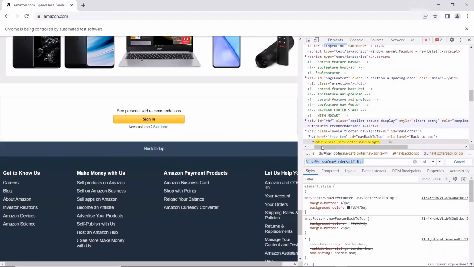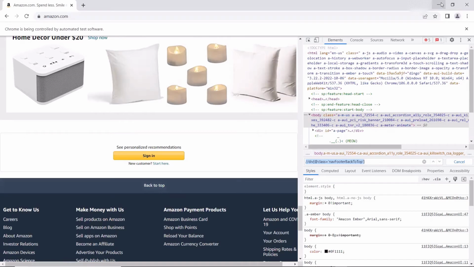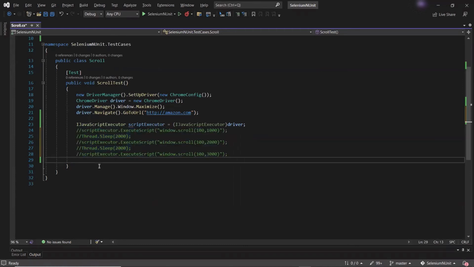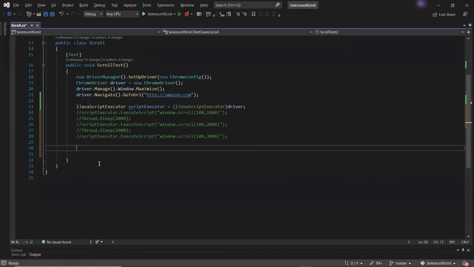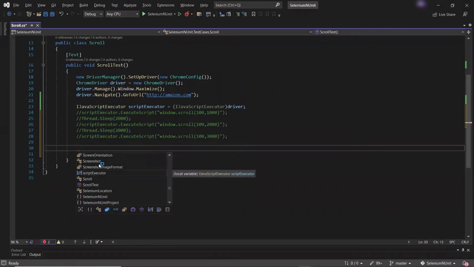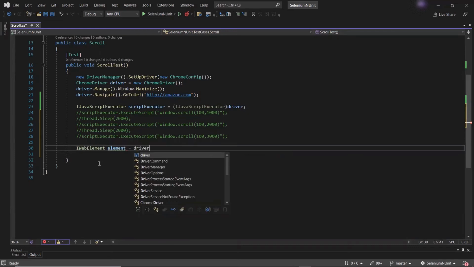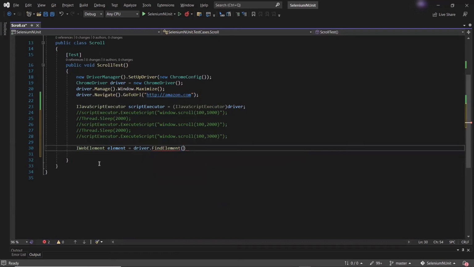So my XPath is done. Now let's move to the code to see how we can perform scroll operation based on this element. Let me first comment these lines. And after that, first I'll create a web element object using driver.findElement,